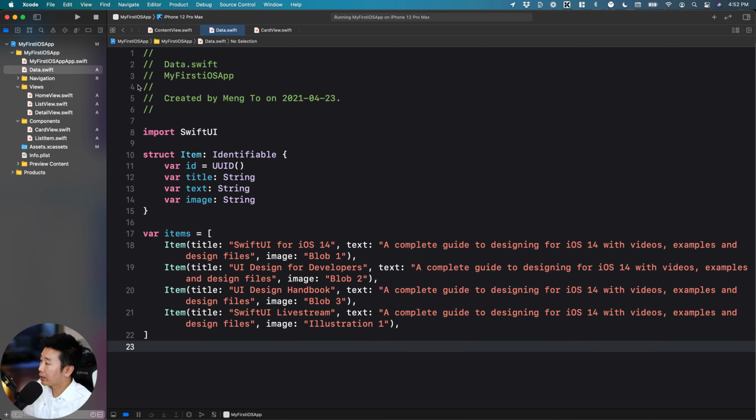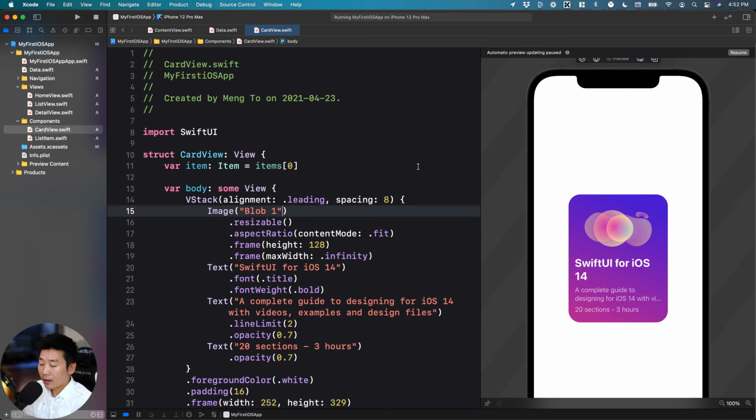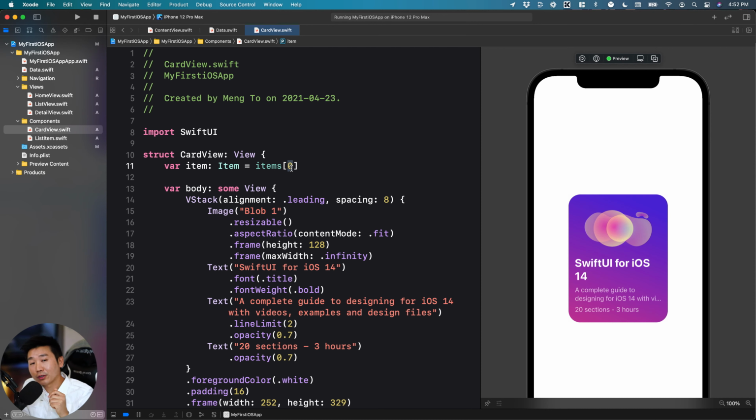Otherwise, it's going to break. So those are the rules. And let's apply that data. So right now, I'm using the first index, the first value of my array, my collection of items. And I'm going to apply this item. So starting with the name of the image. So it's going to be